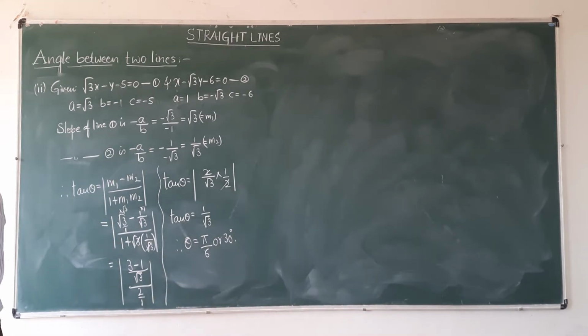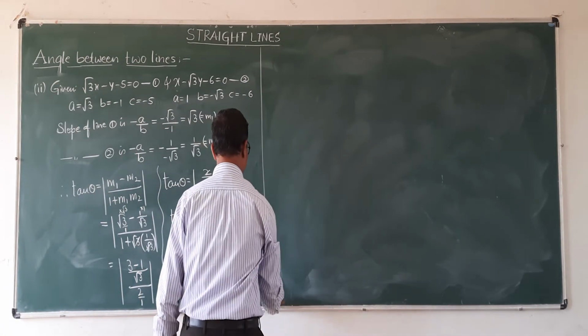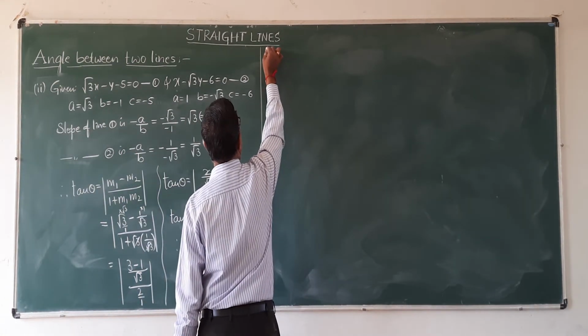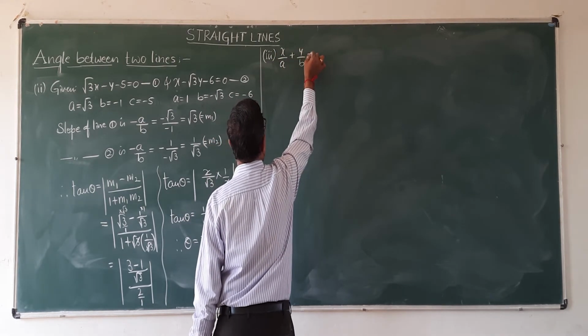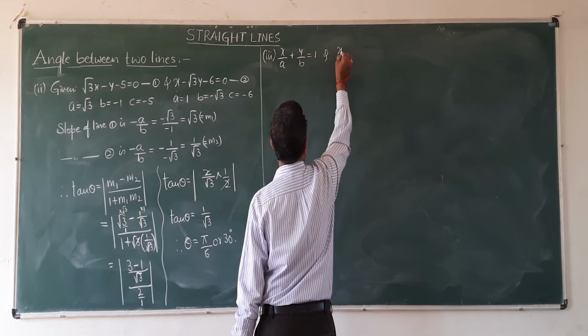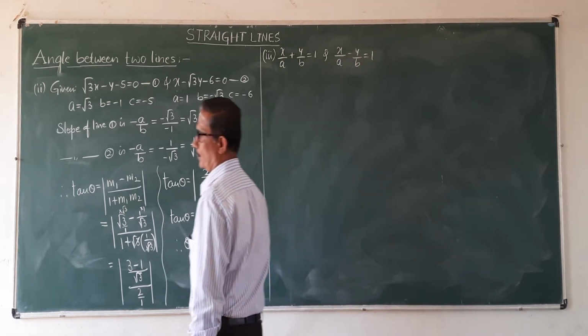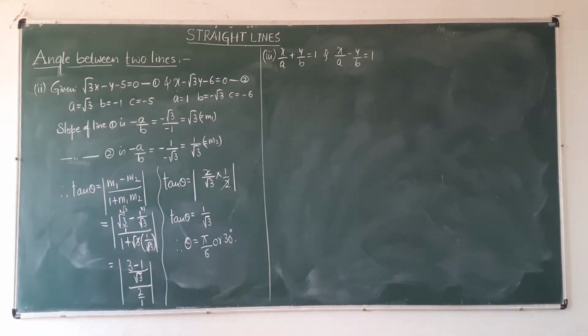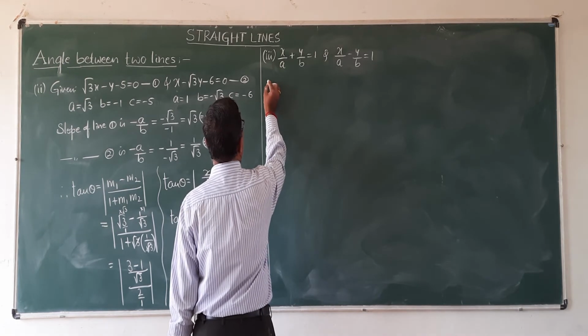Clear? Third problem. Same question. x by a plus y upon b is equal to 1, and x by a minus y upon b is equal to 1. Find the angle between the lines. x by a plus y upon b is equal to 1, and x by a minus y upon b is equal to 1. Now here given